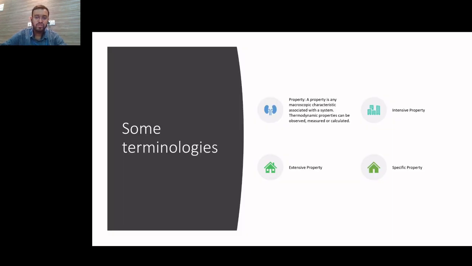One of the terminologies that you all will be coming across quite frequently is something called property. A property is any macroscopic characteristic associated with a system. Thermodynamic properties can be observed, measured, or calculated. So, a property is a specific entity which can actually be measured and/or calculated. Before talking about properties further, I would like to visit the concept of something called point function